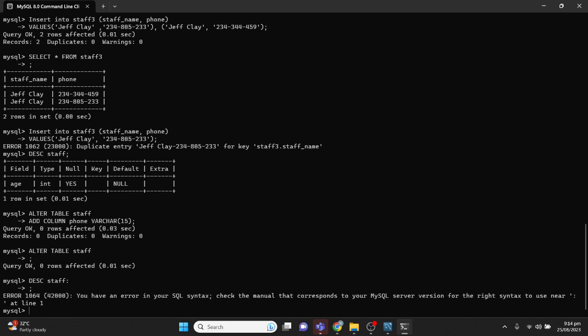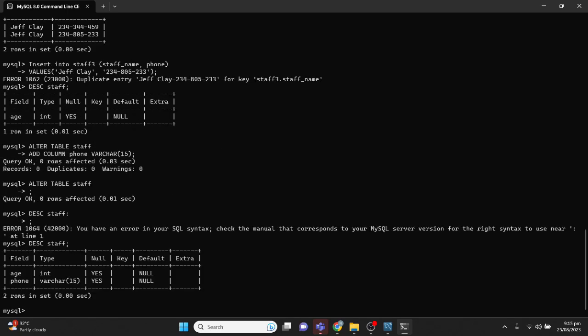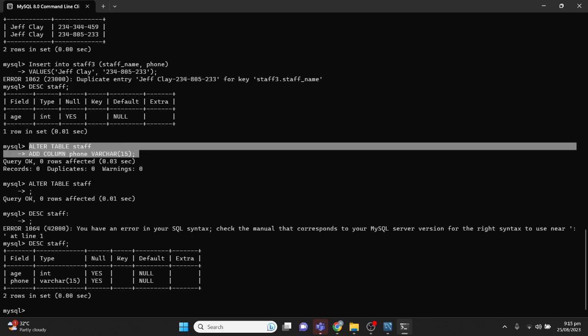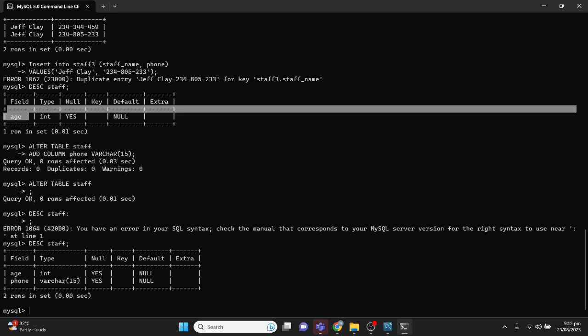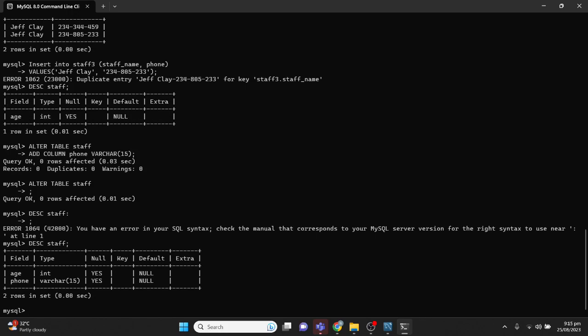semicolon. That's an error. I mistakenly typed a colon in place of a semicolon. So I'm going to take that again. Describe staff. And now notice that we have this phone column added. Right before executing this alter table query, we only had the age column. So now after we have executed this alter table query where we added a column called phone, we now have